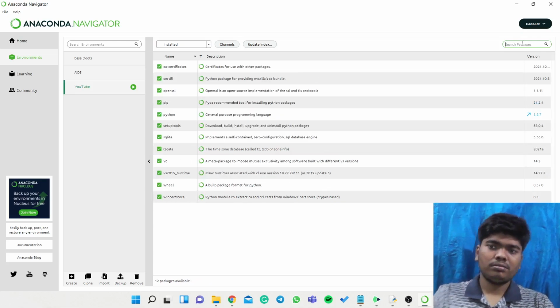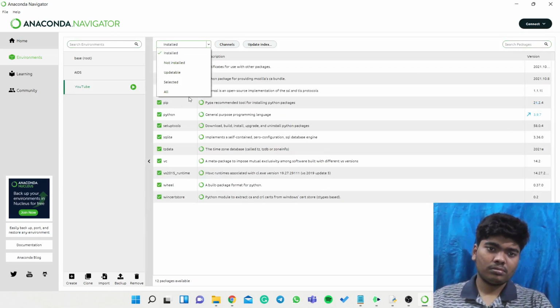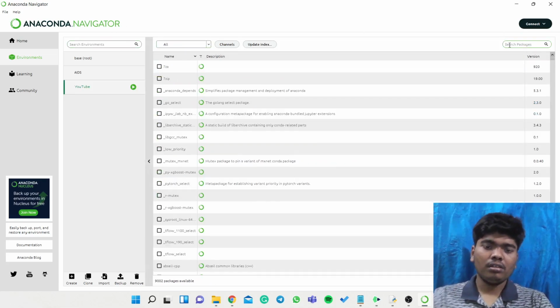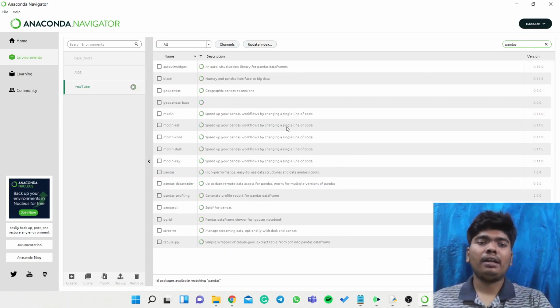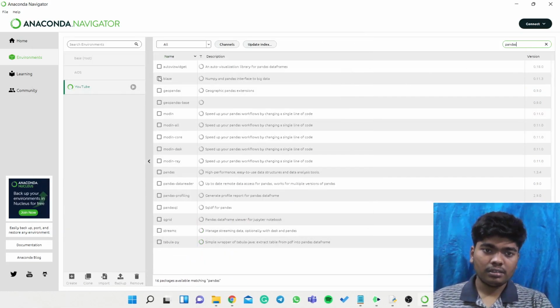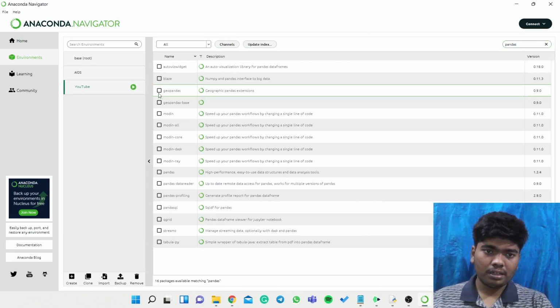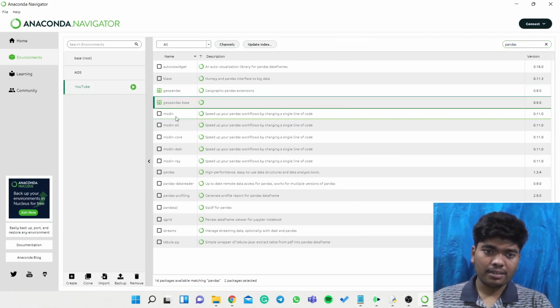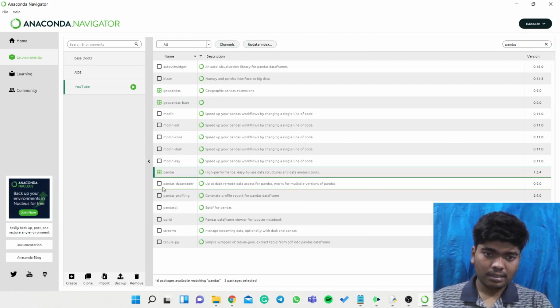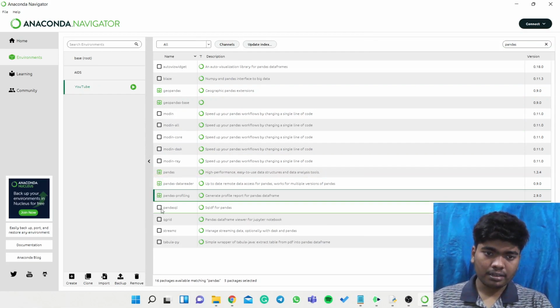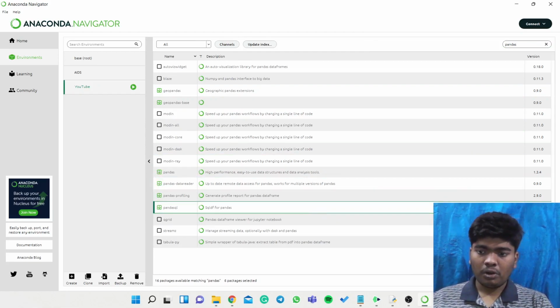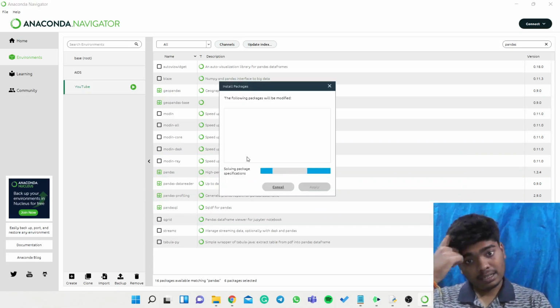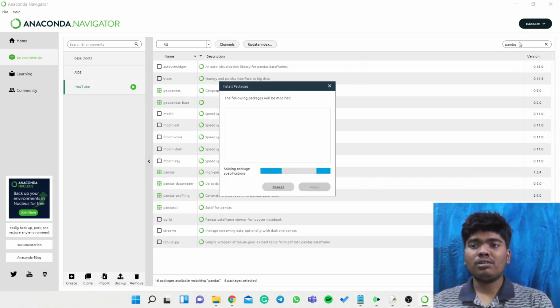One second. Okay, if we click on pandas, you can see here GeoPandas, pandas data reader, pandas SQL. Whatever it is, if you click on apply, it will install those packages.